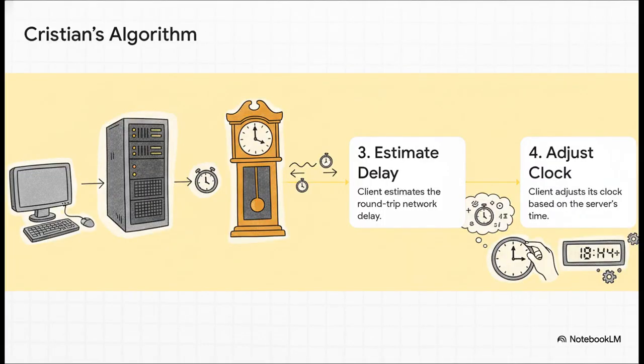One of the earliest ideas is called Christian's algorithm, and it's super intuitive, right? A computer, the client, basically just asks a time server it trusts, "Hey, what time have you got?" The server sends back its time. Then the client does a clever little calculation to guess how long that round trip took, and it adjusts its own clock based on that. It's simple, and, well, sometimes it's good enough.